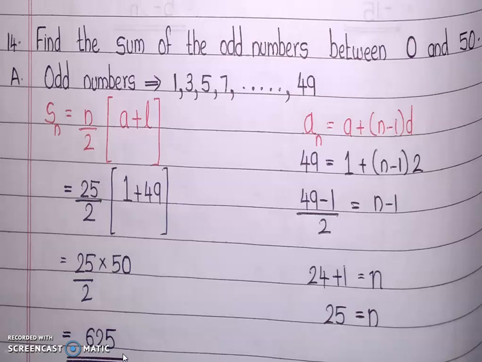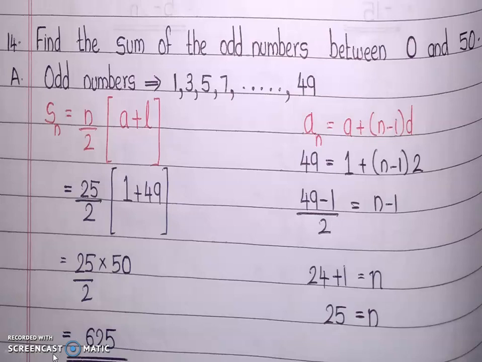That means, for example, find the sum of first 7 odd numbers. How will you calculate? Will you sit and add? No, there is no need of sitting and adding. You are asked to find the sum of the first 7 odd numbers. What is square of 7? 7 into 7, 49. So, easily you will get the answer as 49 using which formula? The sum of first n odd numbers is equal to n square.